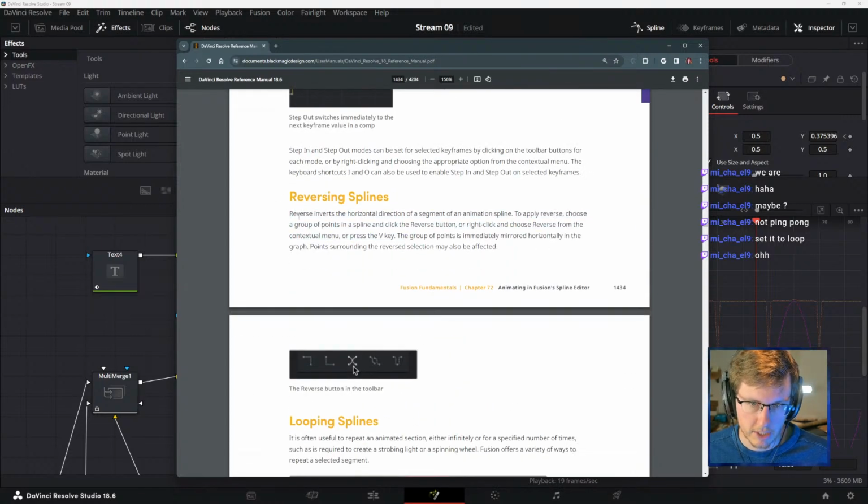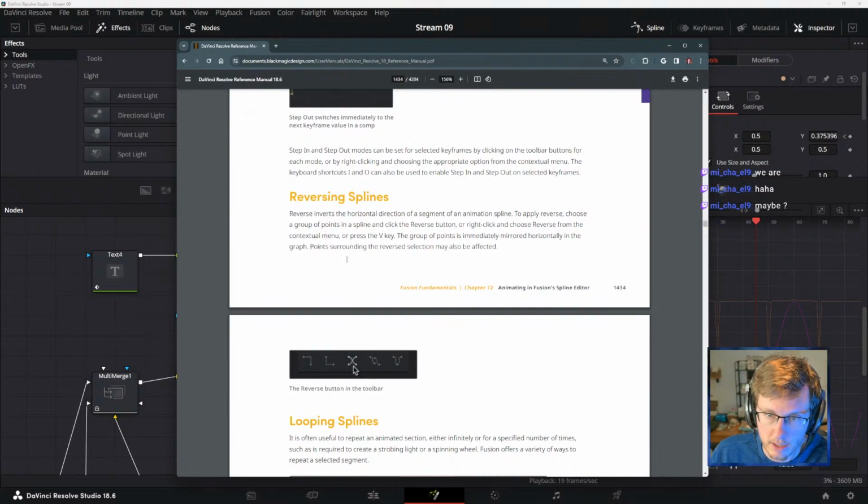And then reversing splines. Reverse inverts the horizontal direction of a segment of an animation spline. To apply reverse, choose a group of points in a spline and click the... It just came to me that ping pong goes forward and then it reverses and then it starts again.